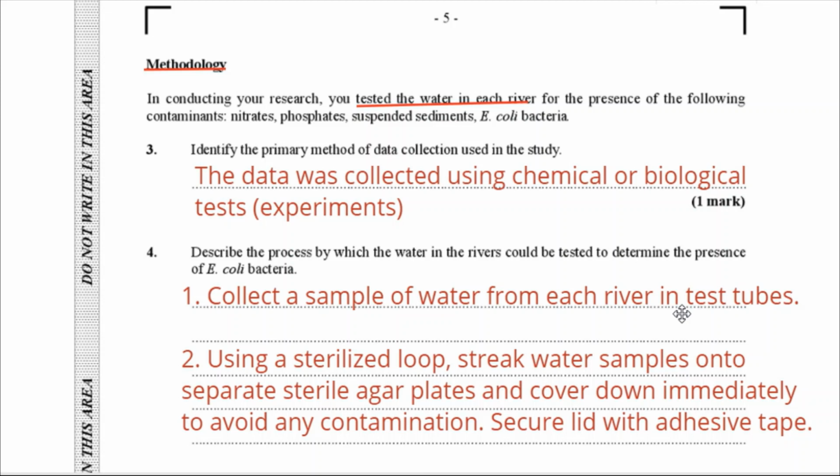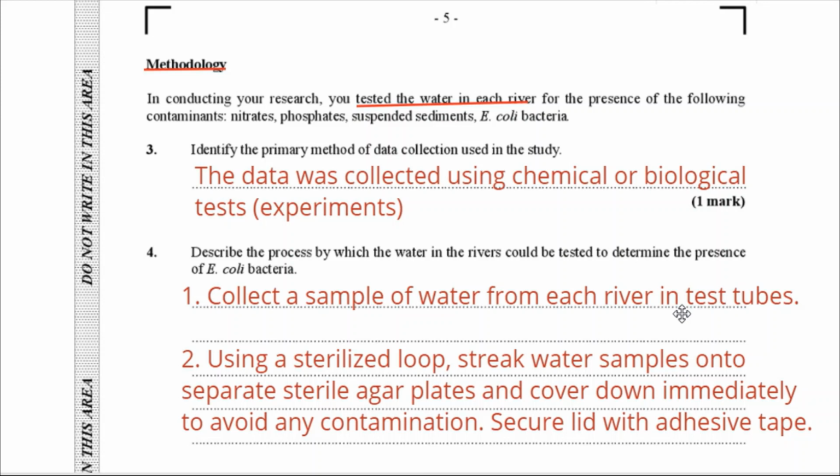And you're going to streak the water sample onto the separate sterile agar plate. So they have to be separate. You don't go and swipe the different water samples on the same agar plate. So you have one water sample, say from the Caroni River, the other from the Demerara River, and so forth. So you have the separate agar plates for each of the water samples, and as soon as you're finished streaking